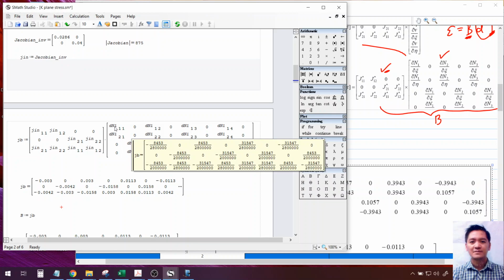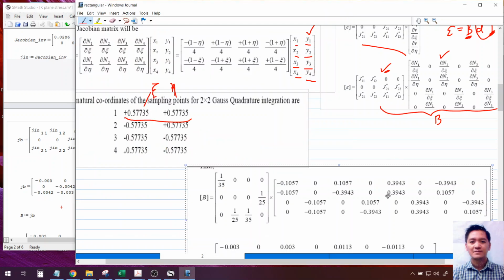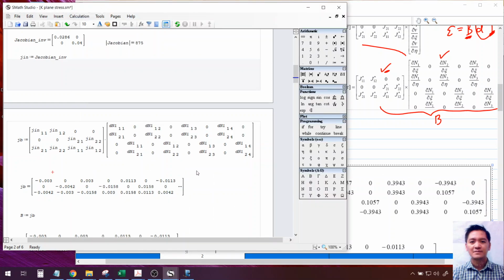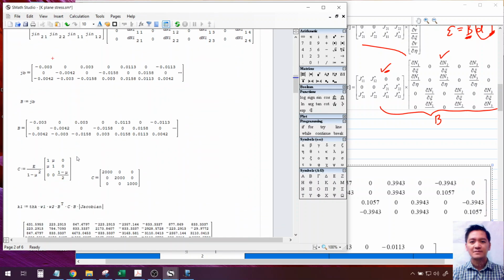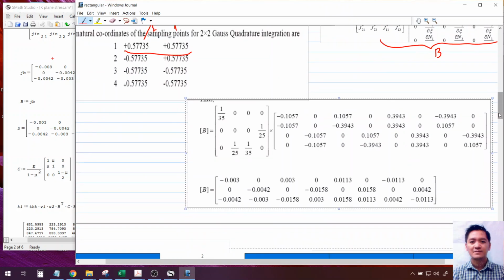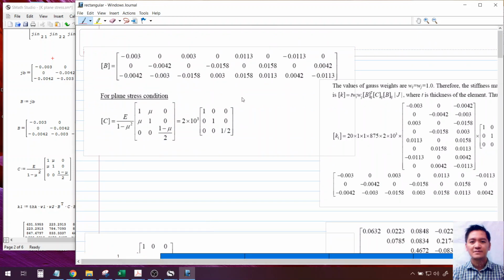Then, ito naman yung DN matrix or DNDC, DND eta. Which is ito. So, therefore, this is the B matrix. B is equal to JB, B matrix. That's it. Next is, alam na natin yung B. Malapit na tayo, no? Remember, K is integral of B transpose DB. So, alam na natin yung B, no? D is actually,